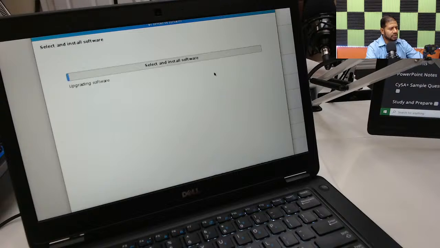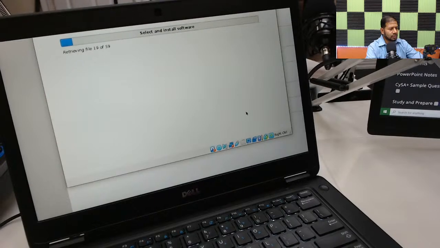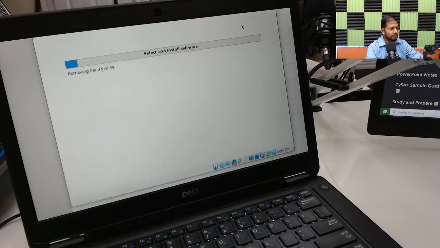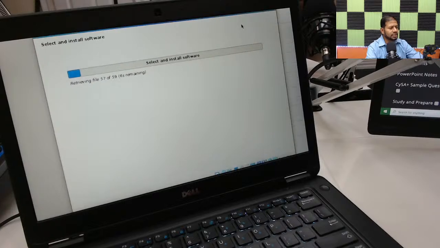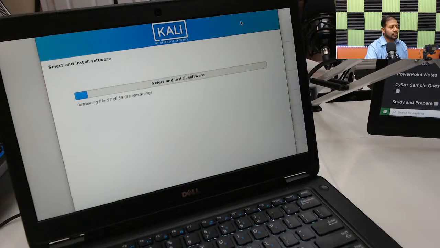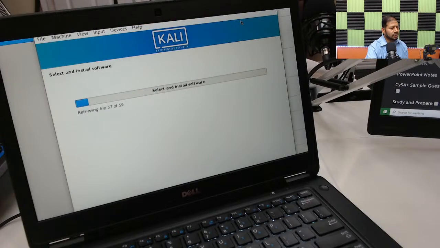Okay, configure the package manager. Okay, select and install software. Let's see if I have any option there. Okay, some seconds. Now this place, select and install software. I think there would be one more step right here that I need to go. Okay, I'll show you just one more step, and then it's going to be just the installation. It's going to take quite like 15 to 20 minutes. That's when I'm going to get out of it. Okay, so before that